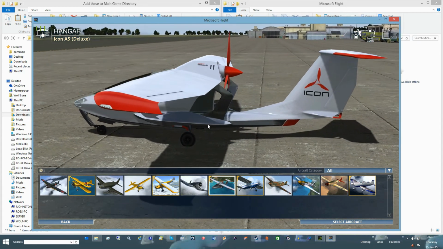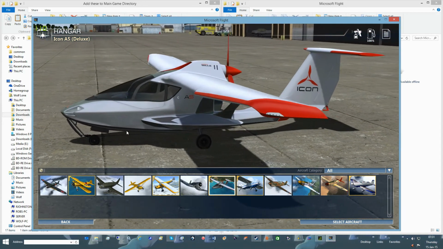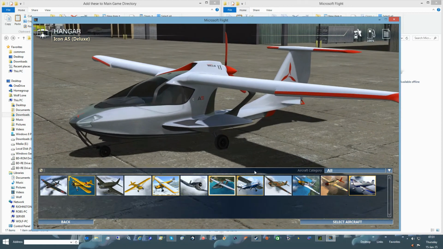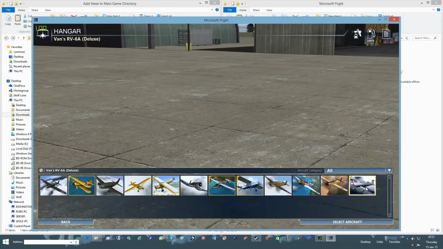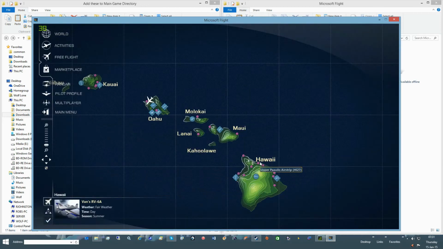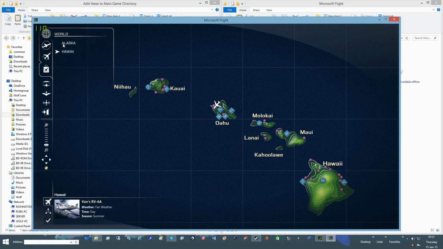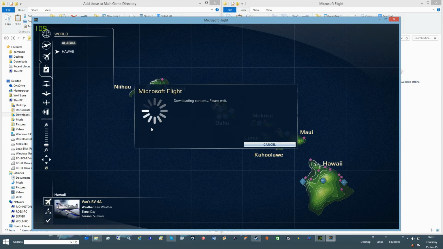The problem I have, and I can't figure it out, is I go to World, I have Alaska, but when I click on it, it says downloading content. This is the part I can't figure out. Because Alaska,